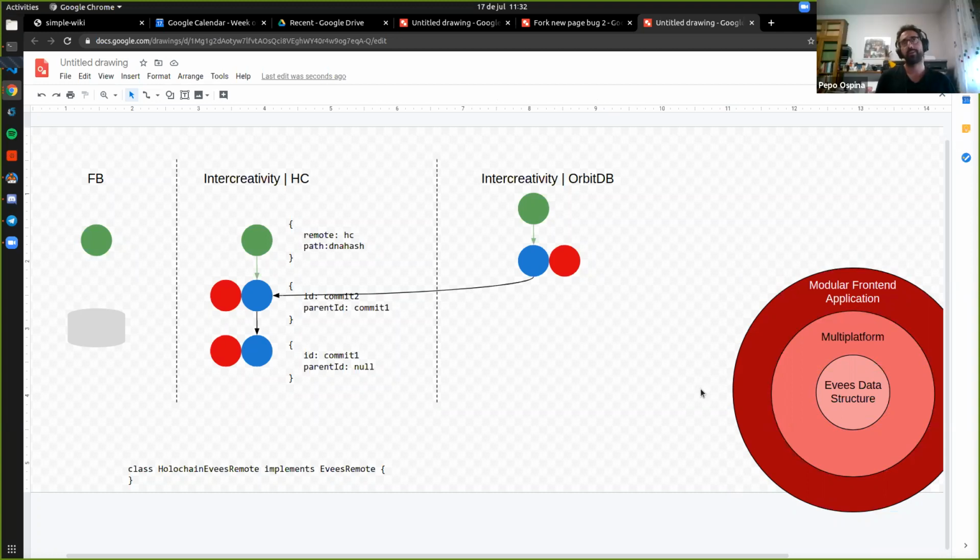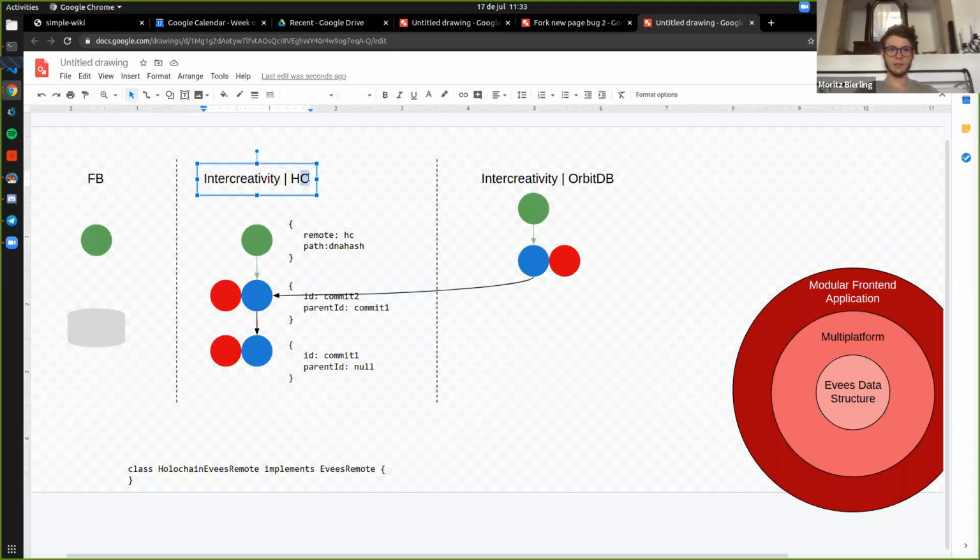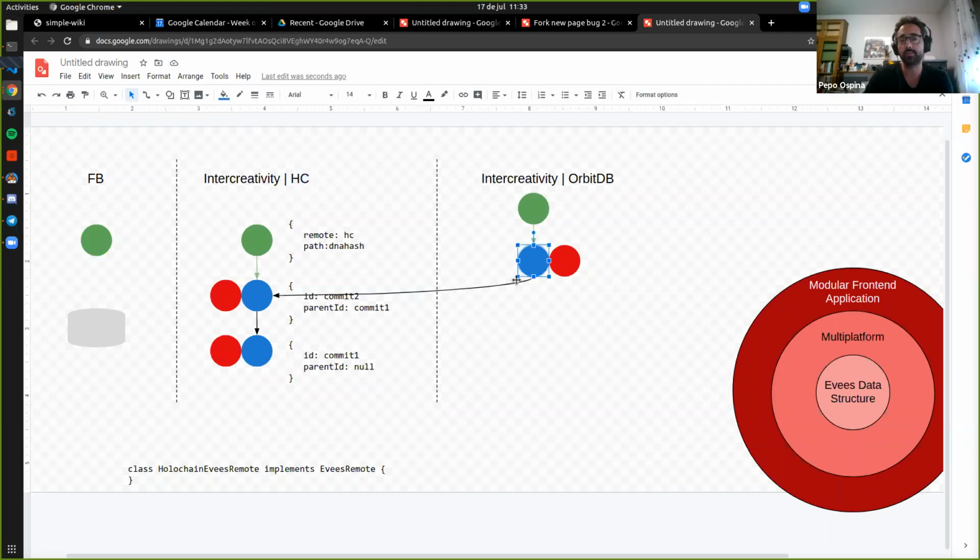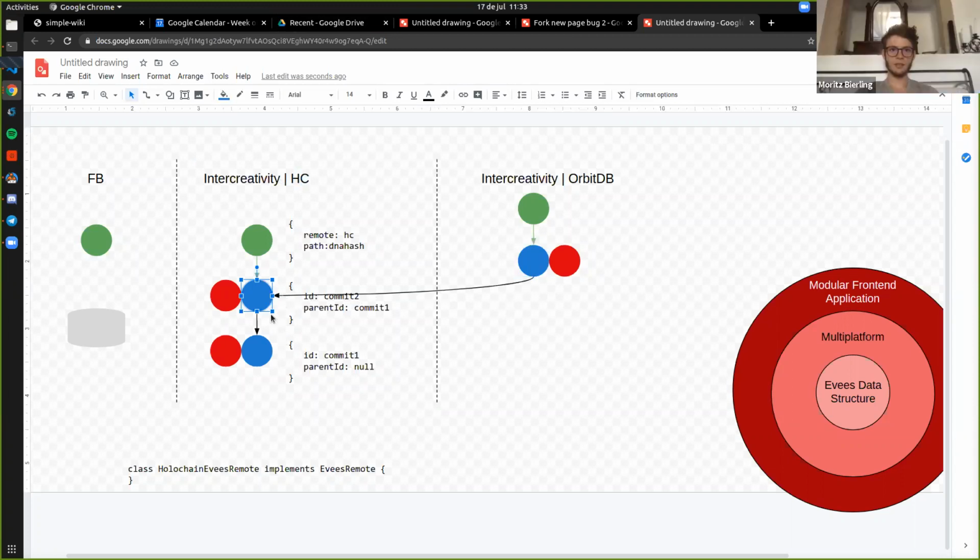Yeah, so both things are important. But starting from the last sentence you said, the key aspect of the power of Git is that you cannot change the history of that. Right. If this is in Holochain, and this one is referencing this previous version, even Holochain will never be able to say that this version said something different from what it actually said. Yes. So it cannot be modified.